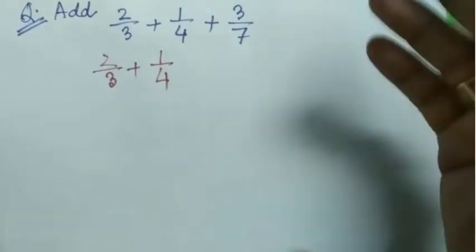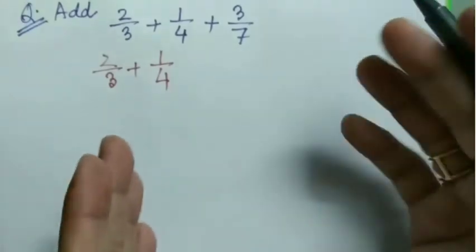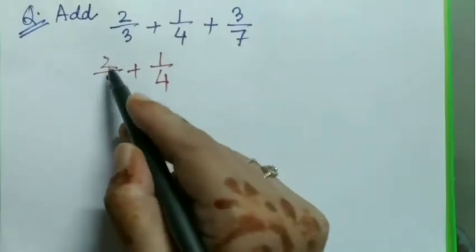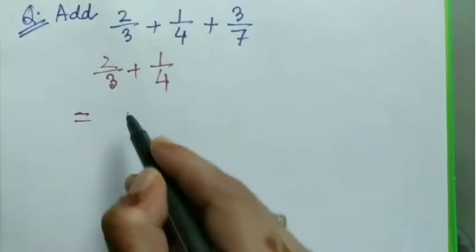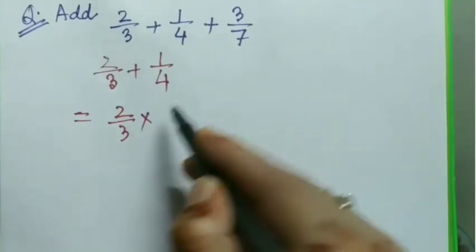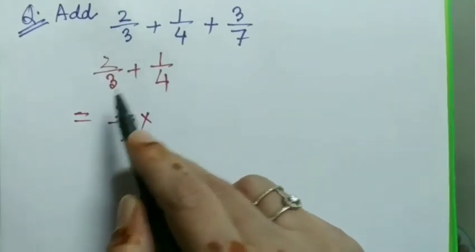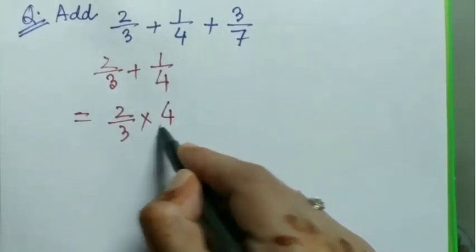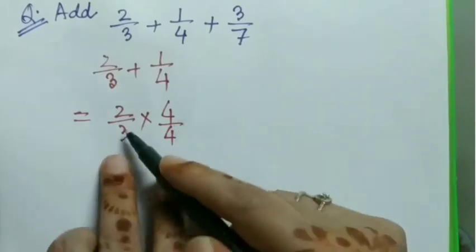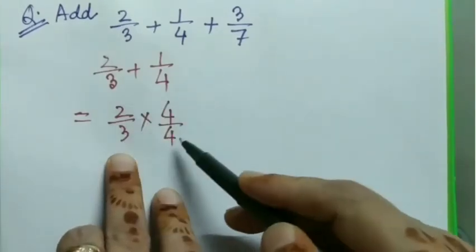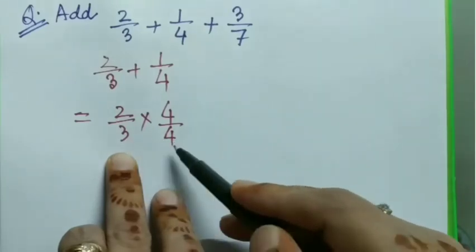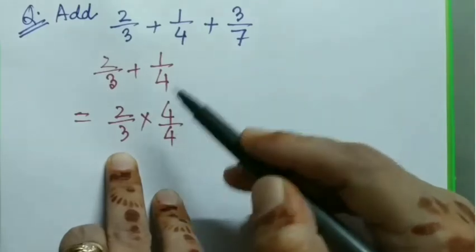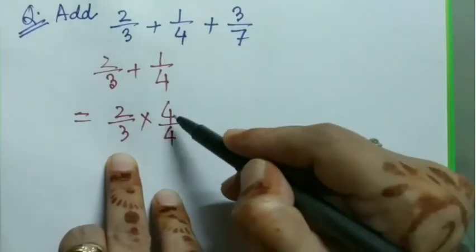At the same time, according to the rule of equivalent fractions, we will have to change our numerators also. Here 2 by 3, we can write 2 by 3 into, here denominator I'll make it as 3 into 4. So I am multiplying this with the whole fraction 4 divided by 4, because I have changed my denominator with multiplying with 4, and at the same time by the rule of equivalent fraction I will have to change our numerator as well with the multiplying with the same number.